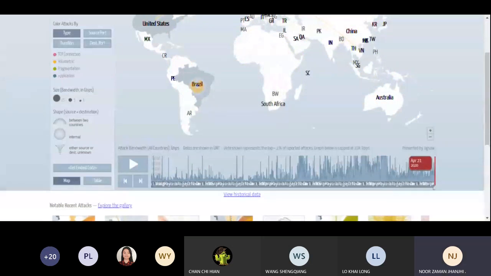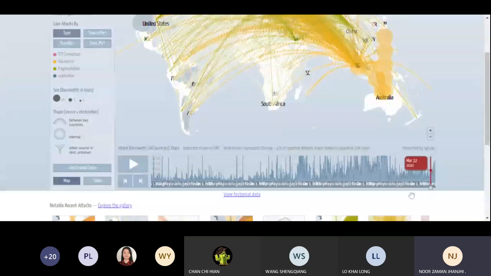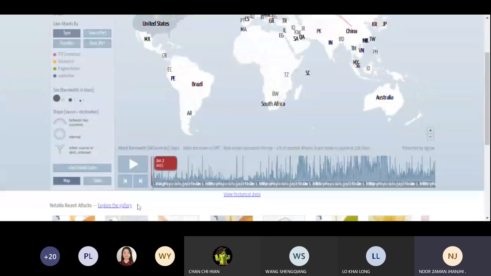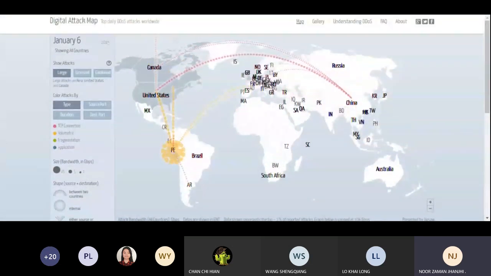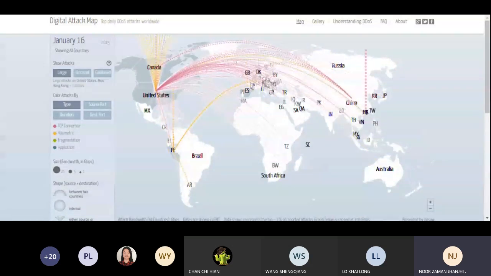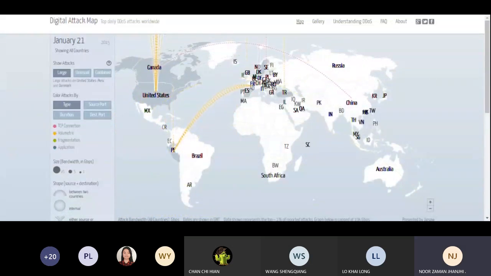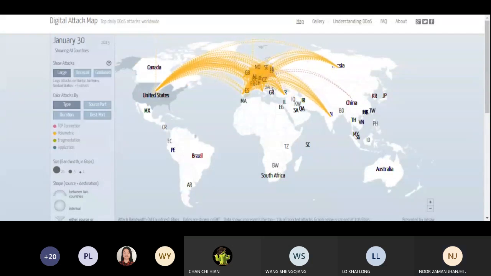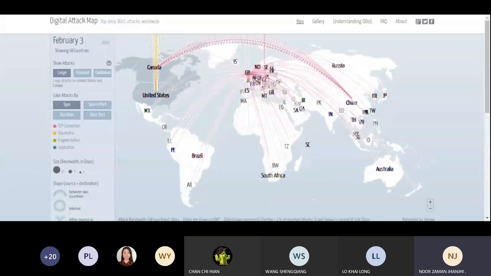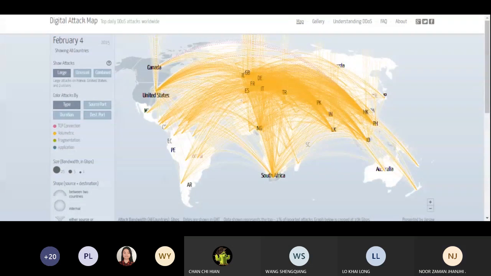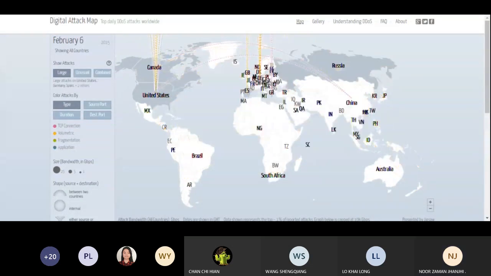So today is April 22, but because of the time difference from where the server we are getting the data from, it is showing April 21. So this is the live stream. Now I'm going to run this by playing this button to see the previous data. You just see the maps, how the attacks are happening. It is showing us a live scenario of which country and which part the attack was happening in, and what the traffic pattern and the traffic route were.